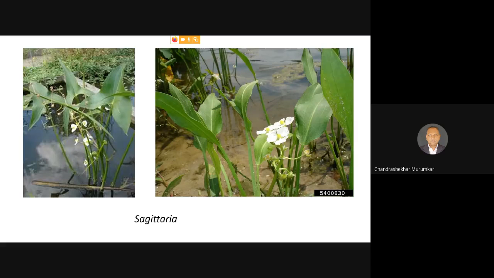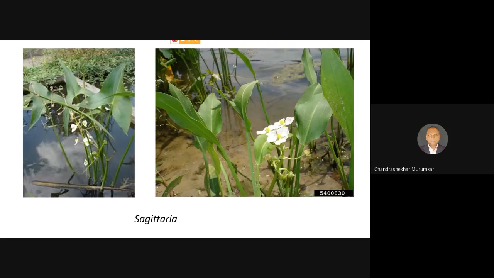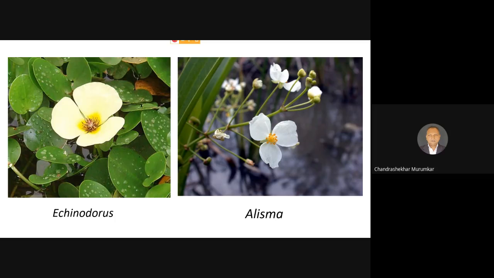You can see the image of Sagittaria, which is having the submerged rootstock and the leaf structure which is coming up in the air. Here also, in this another form of Sagittaria, you can find the stem and root embedded, whereas the leaf characters are aerial. Same case is here in the Echinodorus form, where the stem is underground and the leaf structure of the shoot is coming up. Same is the condition in Alisma, where it is again an emergent plant that is growing